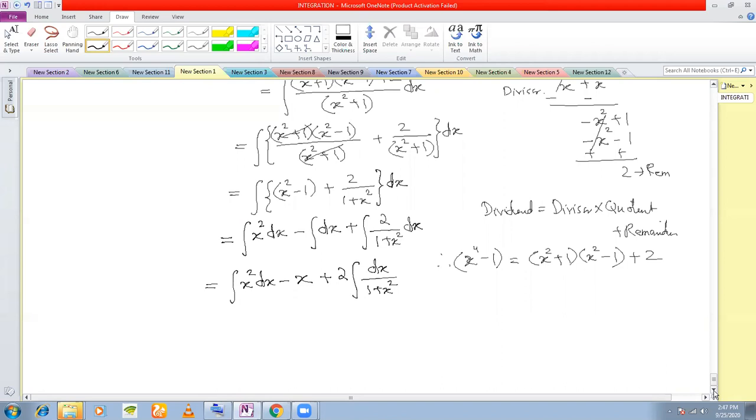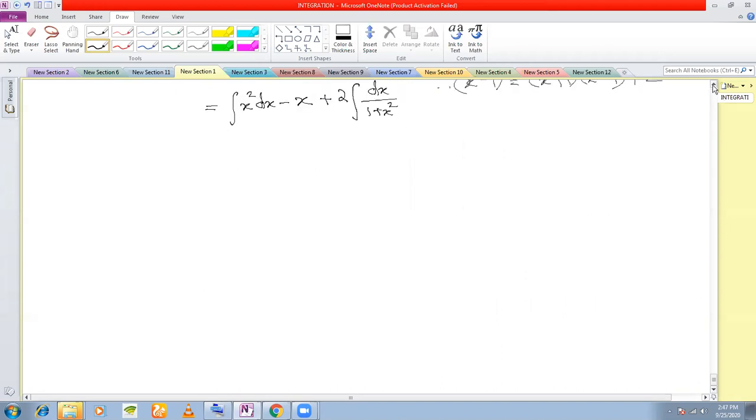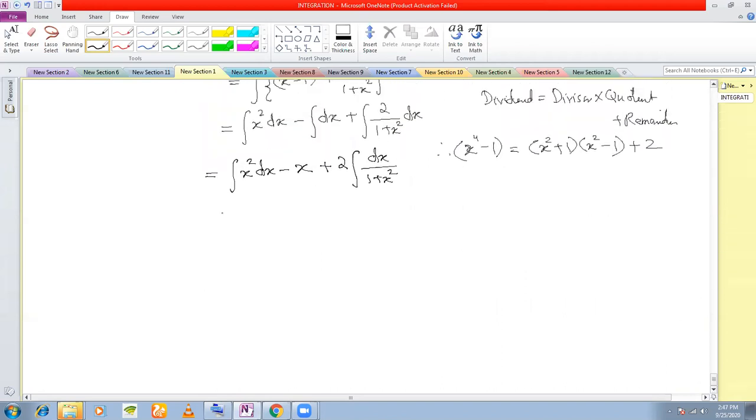Okay. Now there is a formula that is needed here. Later on I'll give you the formula. You can apply this formula here. The integration of dx by a square plus x square: remember, integration of dx by a square plus x square is tan inverse x by a plus c. Understood? This formula we shall just apply here.